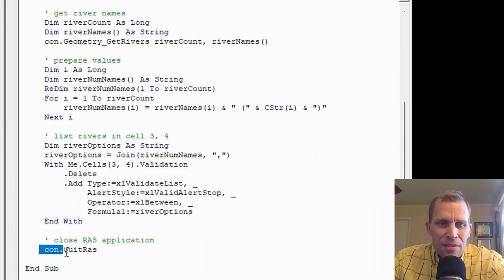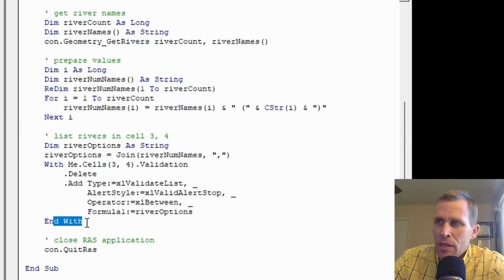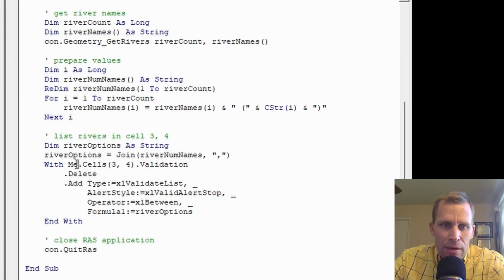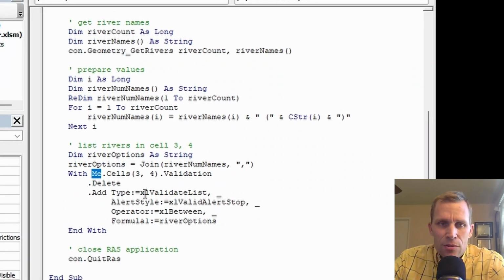All right, the very last step right here is to close HEC-RAS so we don't have any lingering processes or daemons, or that's Linux. Services is what it's called in Windows, so that we don't have to deal with that. Also worth mentioning, the With keyword allows you to execute multiple statements on a single object without repeatedly referencing the object. And then Me right here is basically just a placeholder for the specific scope that